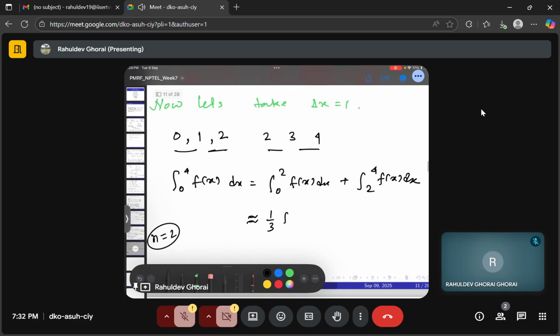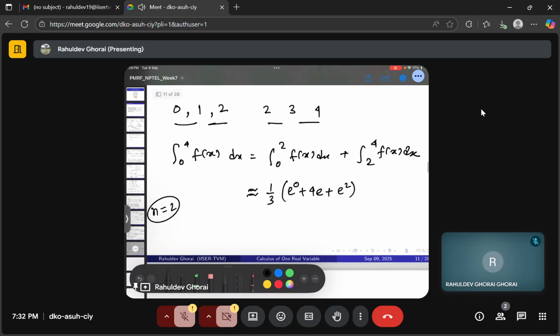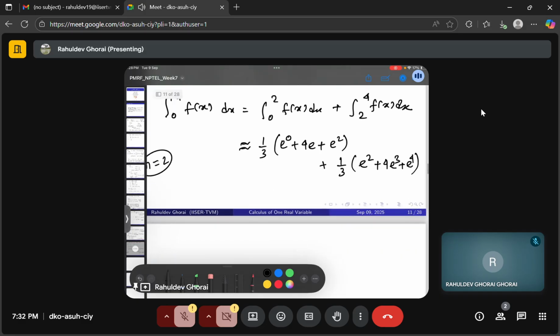What is f0? f0 is e to the power 0, plus 4 e to the power 1, because the x is 1, plus e to the power 2, right? Because in this case n equal to 2, we use that same formula, plus 1 over 3. Similarly, it will start with e to the power 2, plus 4 e cubed, plus e to the power 4. The whole thing together you can calculate and you can get